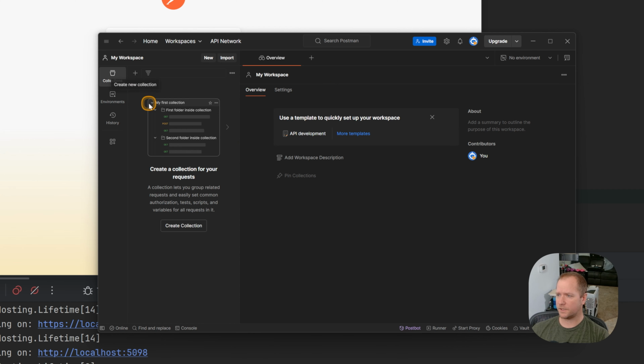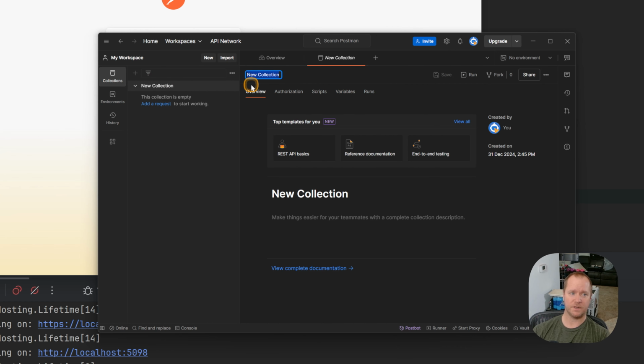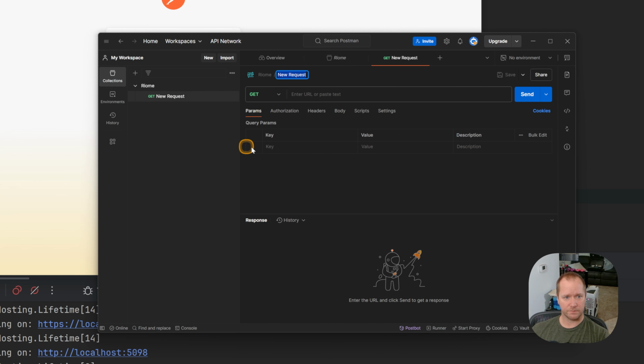So I'm going to hit plus on new collection over here. In collections, there's a little plus button. Not the new for a workspace. We don't need a new workspace. I need a new collection. Blank one is fine. I'm going to call this Riome. And then we will add our very first request, which will be a GET to that same 7288 and weather